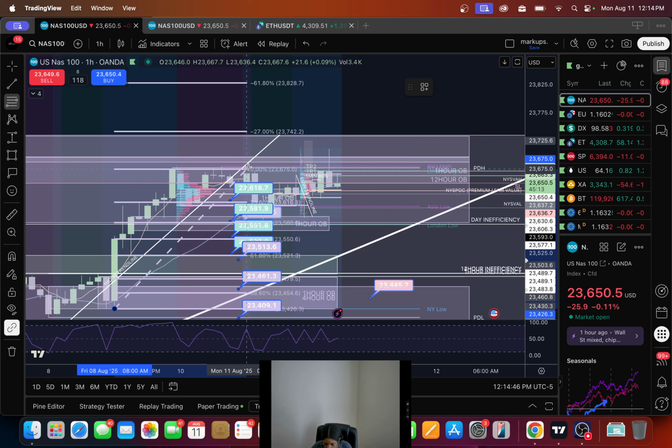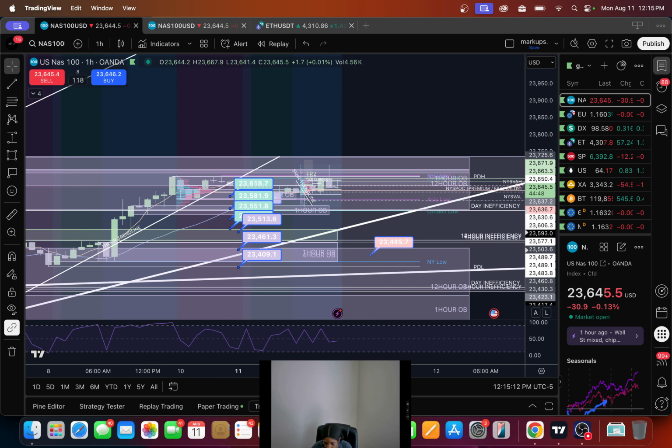So I used it from the low of this bullish candlestick here. Let's get out of that. I think I need to reset TradingView because it's moving so slowly. Just so annoying. But anyway, this was from my